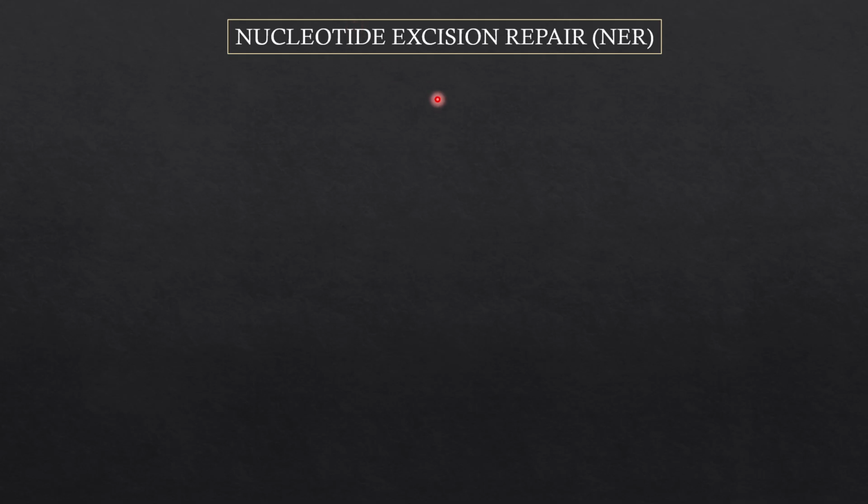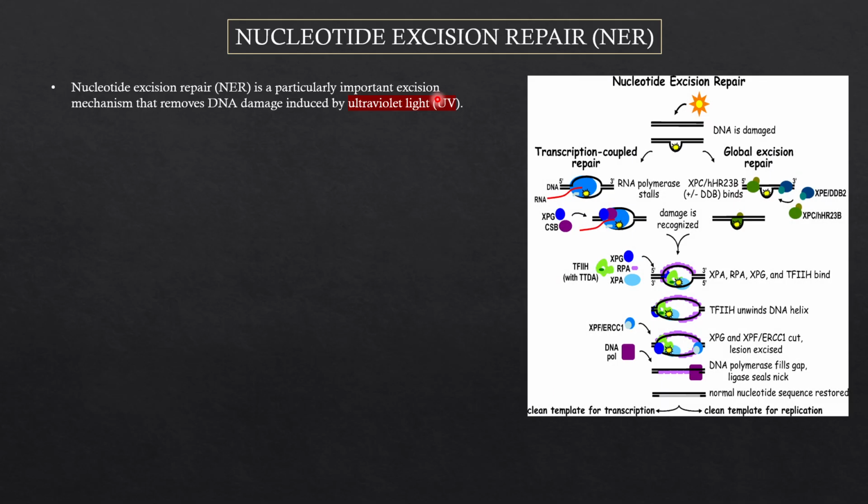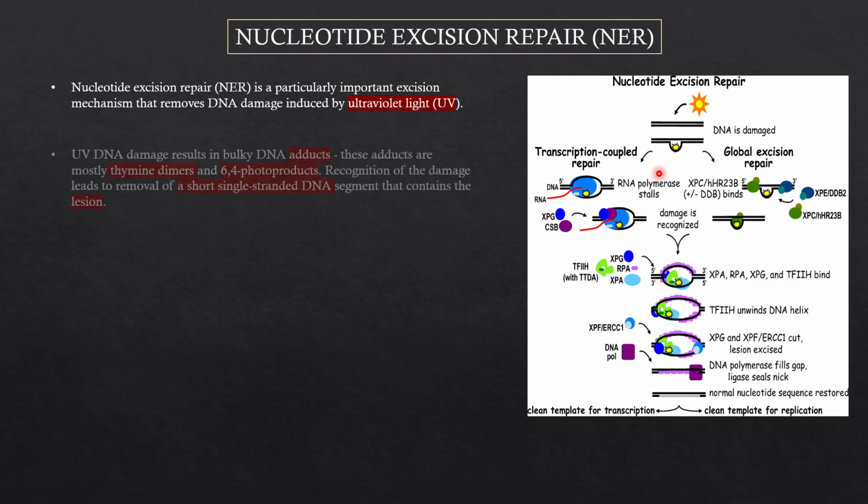So nucleotide excision repair is a particularly important mechanism that removes the DNA damage induced by ultraviolet radiation. In nucleotide excision repair, the DNA damage is caused by the radiation, and as a result there will be two different types of repair: transcription coupled repair and global excision repair. This damage results in bulky DNA adducts, and these adducts are mostly thymine dimers or the 6,4 photo